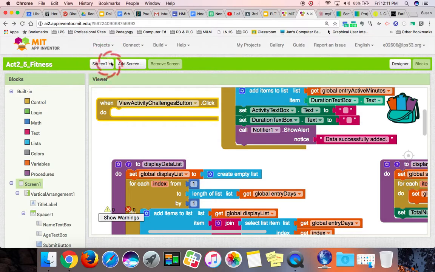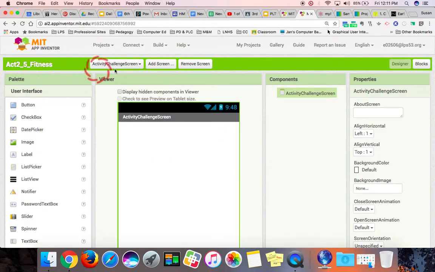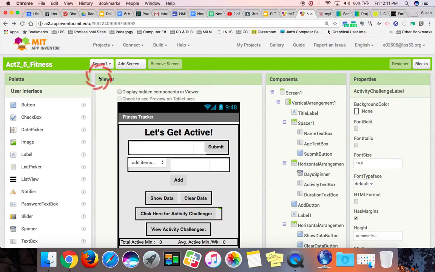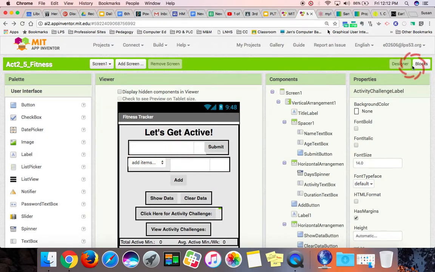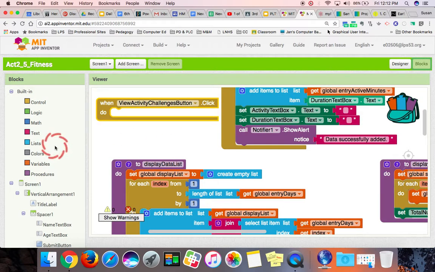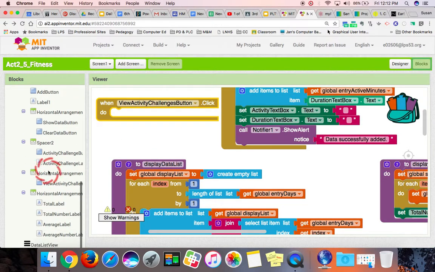Now you'll notice up here along the green menu bar, we now have Activity Challenge Screen showing up here, and this will switch us back to screen 1. That's how you go between screens as you are designing and coding. Now when we switch back to our screen 1 and we go to blocks, now we should be able to see,